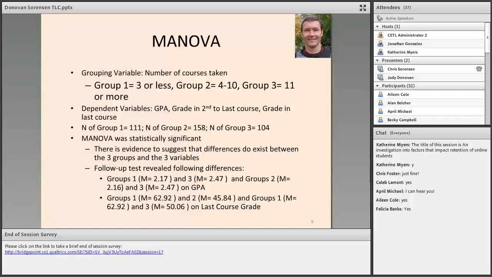So when you look at that, you think, does that make sense? And most of us would probably agree that if students are taking more courses, there's probably a higher likelihood that they're passing them, maybe doing a little better, which then would reflect in a higher GPA. Now the second key difference was that last course grade, specifically between groups 1 and 2 and 1 and 3. And in this situation, there was a negative correlation. So the trend here was the more courses a student took, the lower their grade was in the very last